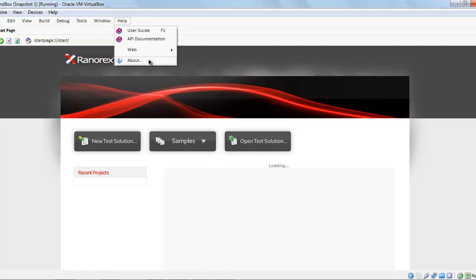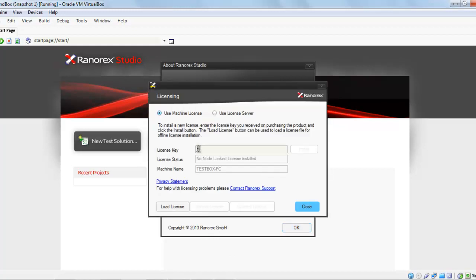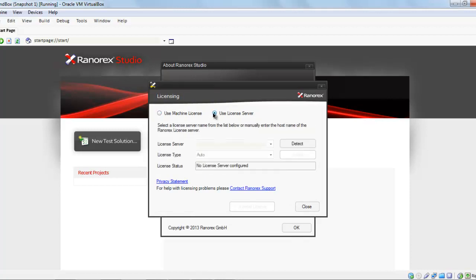And now we are going to tell you about the license. Now there are two types of licenses: per user machine license. If you have the key, you install it. If the key is valid, it will show you the validity of the key. If the license status is not correct, like right now, as you can see, it says authenticating. That means it's checking. So if my keys are not true, it will say unable to connect to license server. Or either you can have a licensing server, or you can say detect.